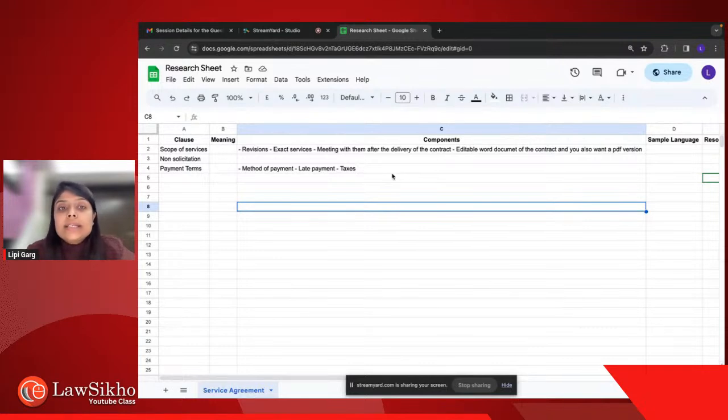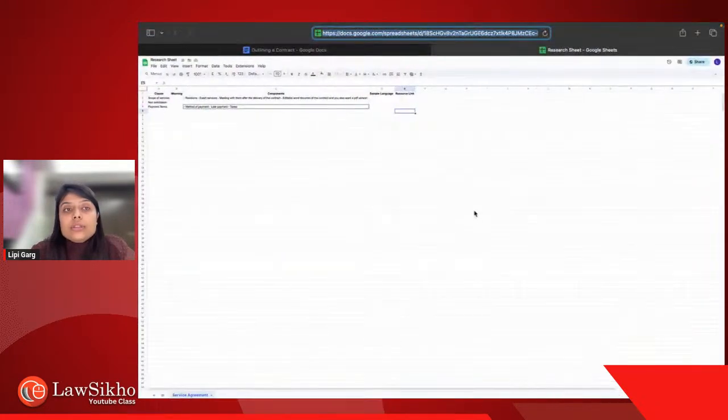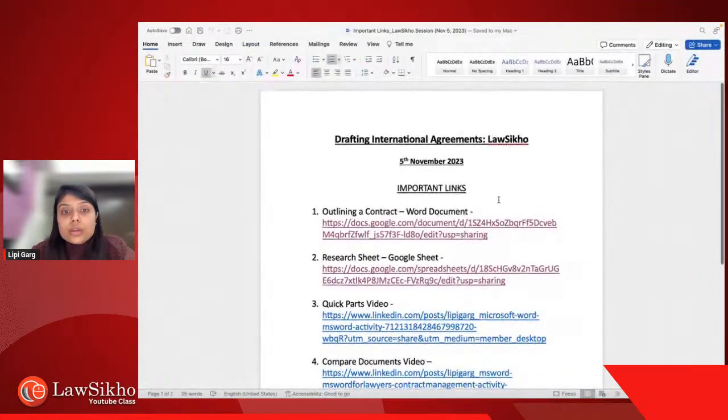And I keep updating these with time. So whenever I come across any new sample, or any new term, or any judgment on how judges dealt with any particular thing, I just make a note of that here in my sheet, and it is a very solid compilation of all the research and resources that you have, and it is going to pay you a lot. Trust me on this, right? So this is a research sheet, this I've shown you.